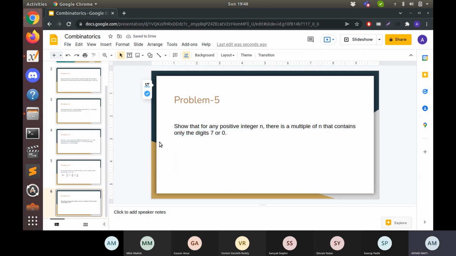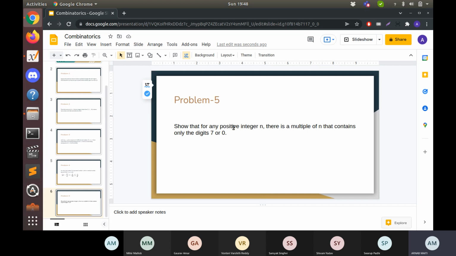So this problem is quite cute actually. What we want to show is that if you have any positive integer n, there is a multiple of n which contains only the digits 7 or 0.